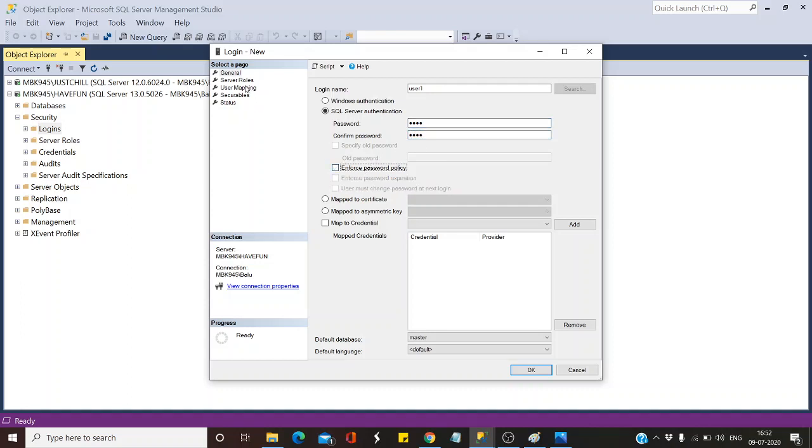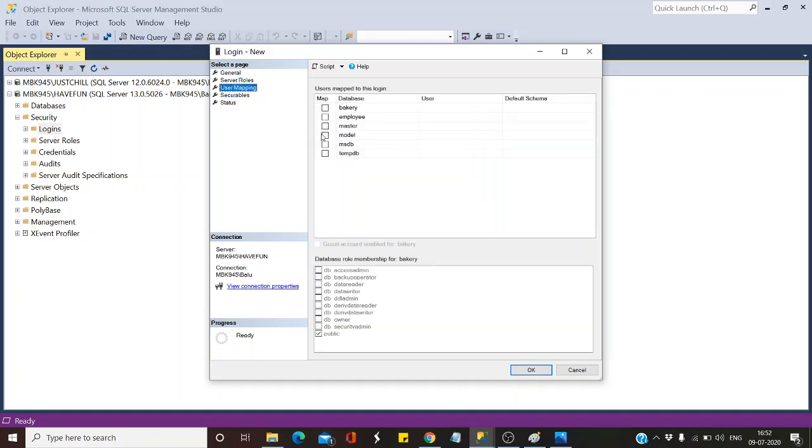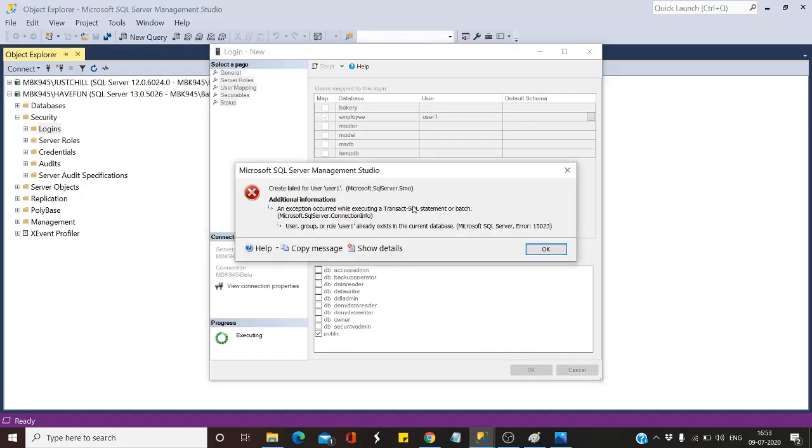Then go to user mapping and give access to the database. Select the employee database and the user gets created. Just click on this database and the user automatically gets created. Now click OK. So now a login has been created.